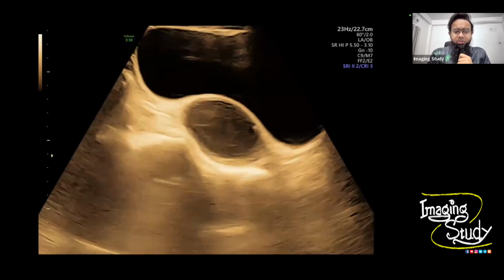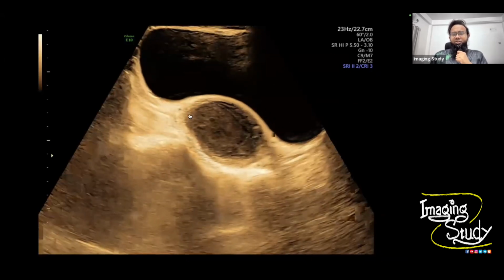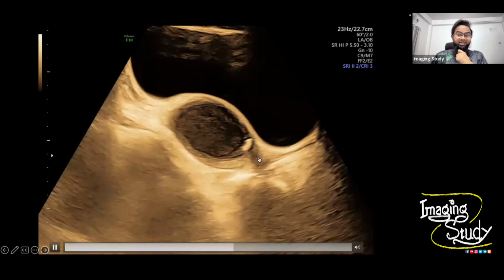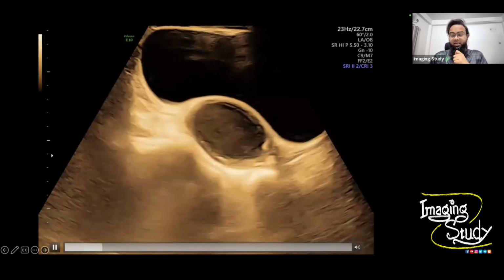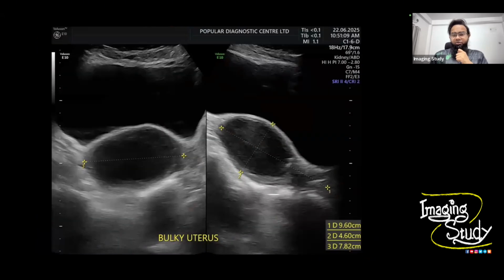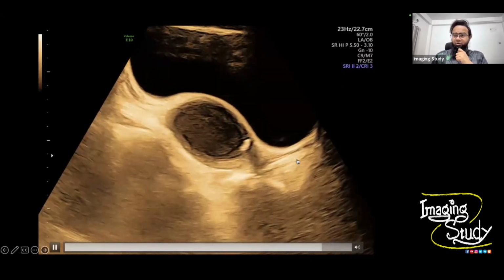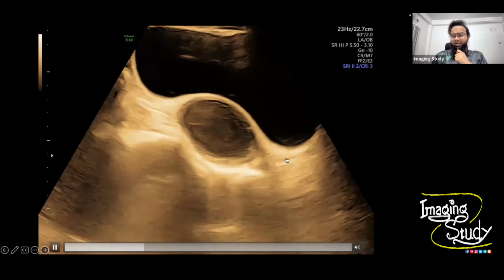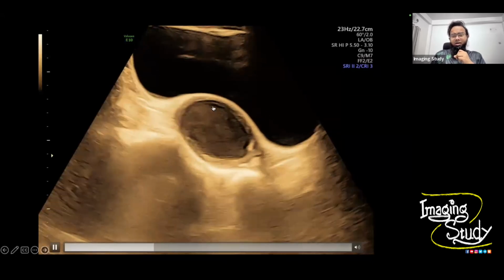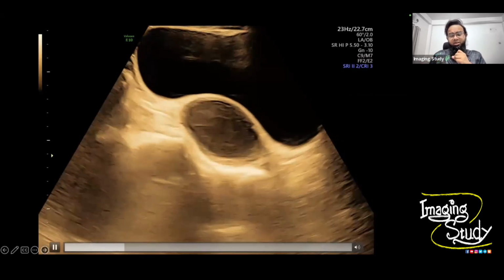Okay, here's another longitudinal section, and now you can see the whole hematometra in longitudinal section of the uterus, and the cervix is still quite intact without any endometrial collection at that part. Okay, so let's look at the vaginal canal here also. The vagina is also completely normal, so there is no collection at that part to say hematocolpos. So the only thing that is happening here is the menstrual blood collection within the uterine cavity with